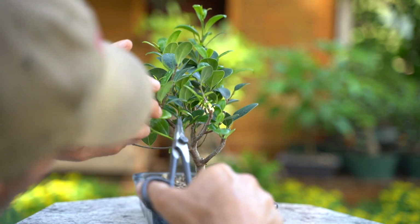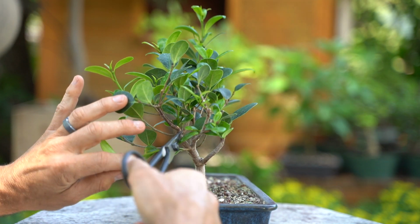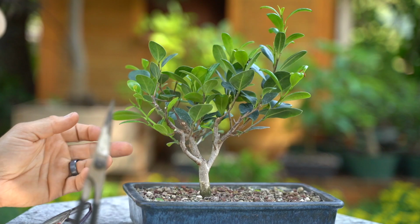There's a branch in the middle there though, right there. This one right here, it's growing inside, actually towards the front. If I cut him off,